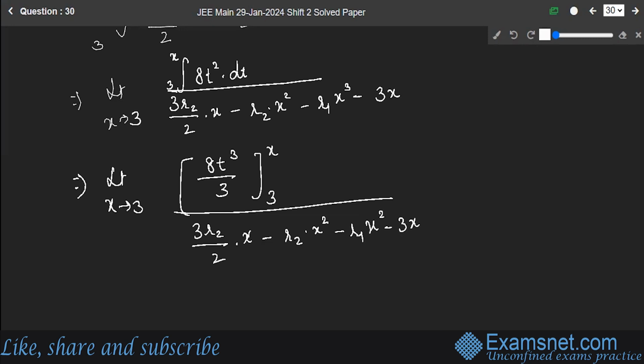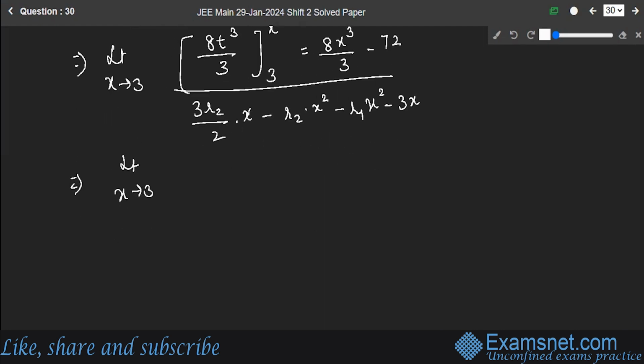Now, if I put these limits, this numerator will be equal to 8x cube upon 3 minus 8 into 9, which is 72. Okay, so this numerator will come out to be this. Now if I'm solving, limit x approaching 3, 8x cube upon 3 minus 72, whole divided by